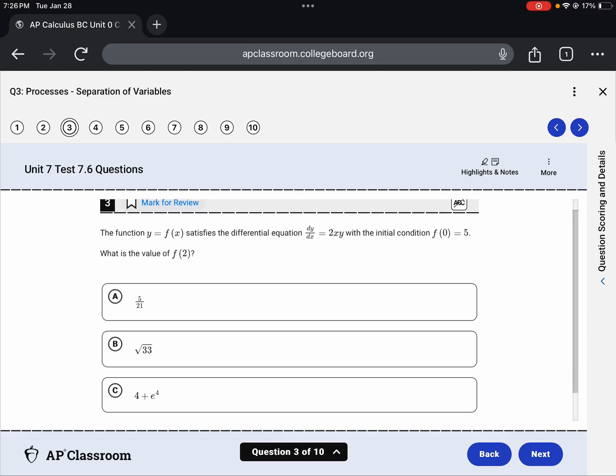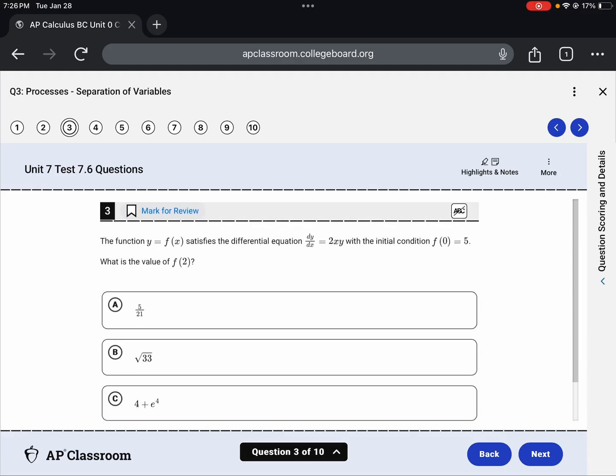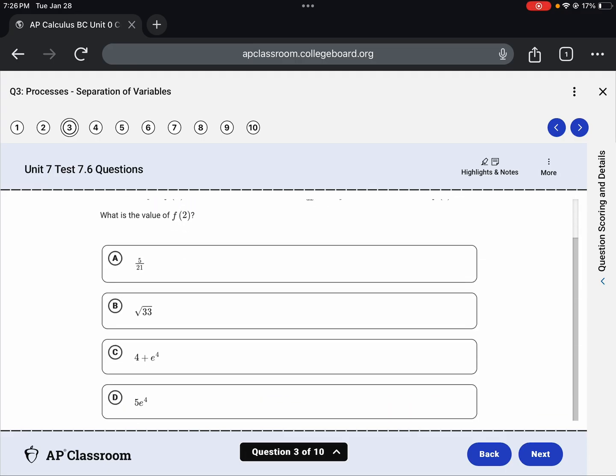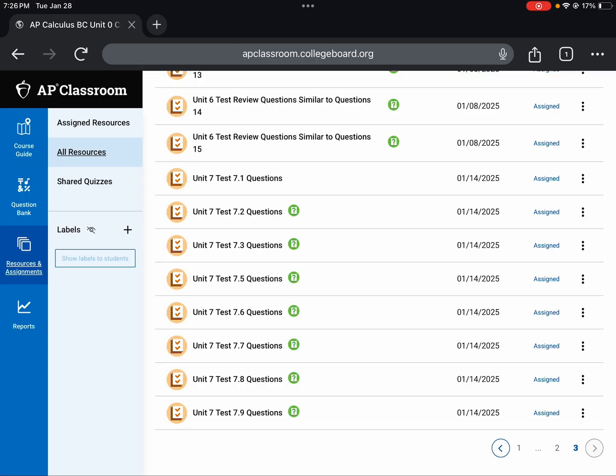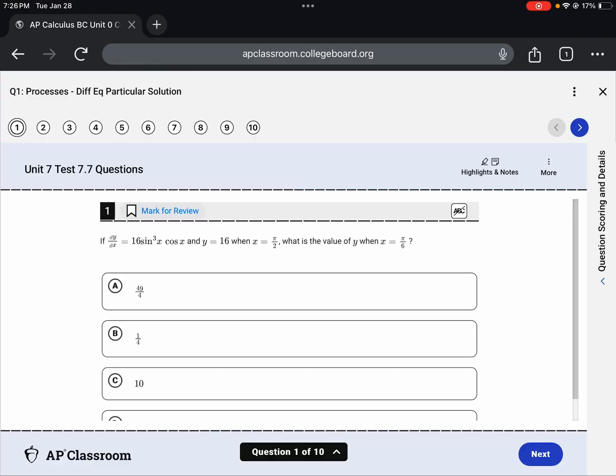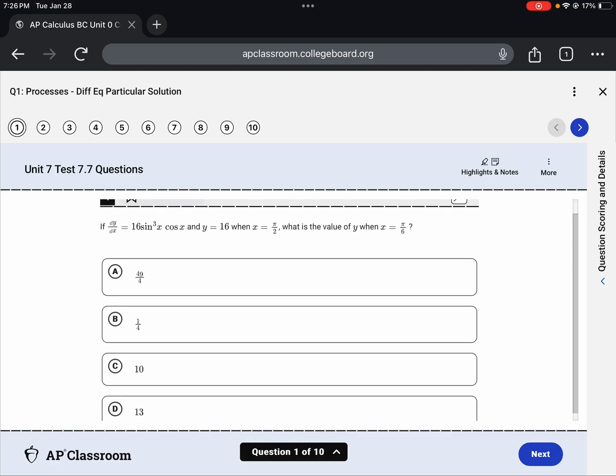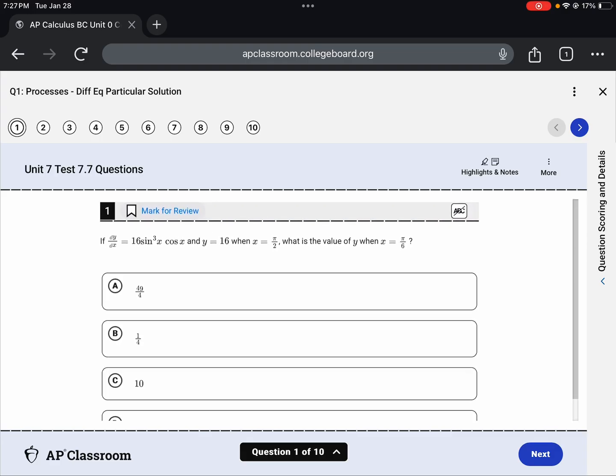Now these ones look a lot more like 7.7 because you actually have an initial value. So let me try and jump into 7.7 questions. And let me try and do a couple of these ones since I know that there were some questions. So now the question 1,